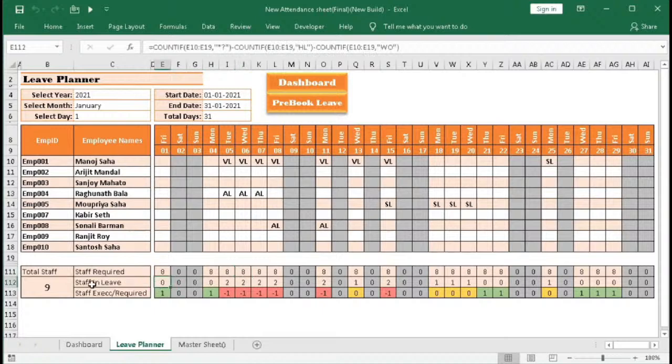That means staff in leave. So here 2 staff is in leave in these days. Here 2, 2, 2. So 1 is a negative value. That is 1 more staff is required. So you can ask this employee